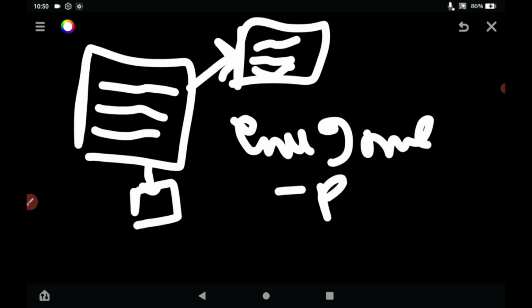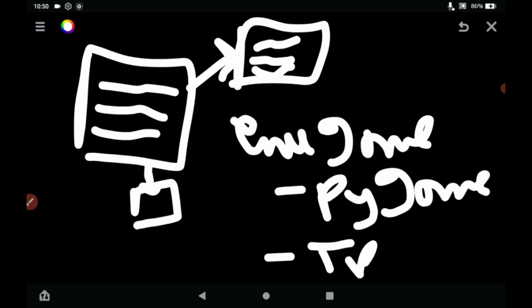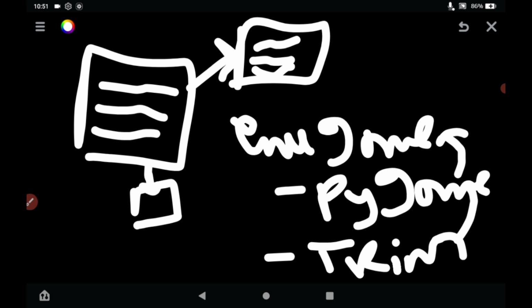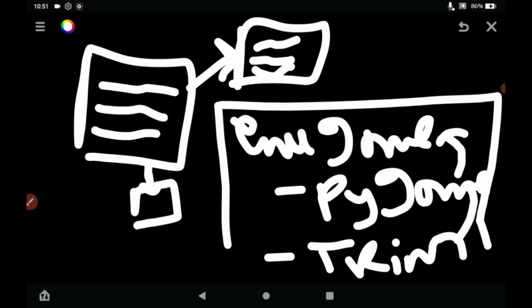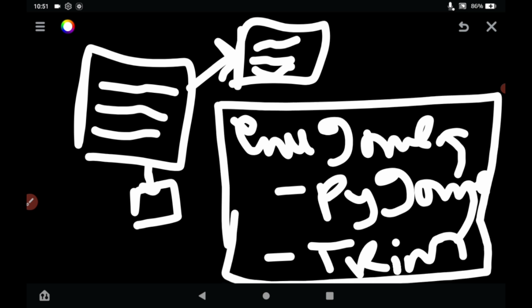We are using Pygame, we are using Tkinter and other stuff. So I install all these frameworks, or I should say libraries, inside that virtual environment. So I put all of these libraries, which are going to help me create the game. So I created this virtual environment, and all of these libraries will be inside this virtual environment,